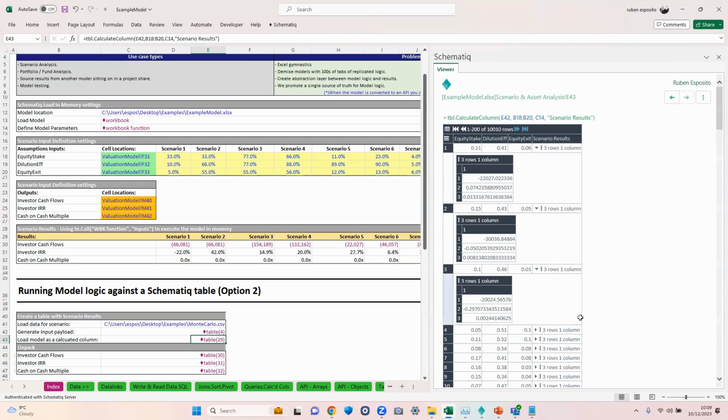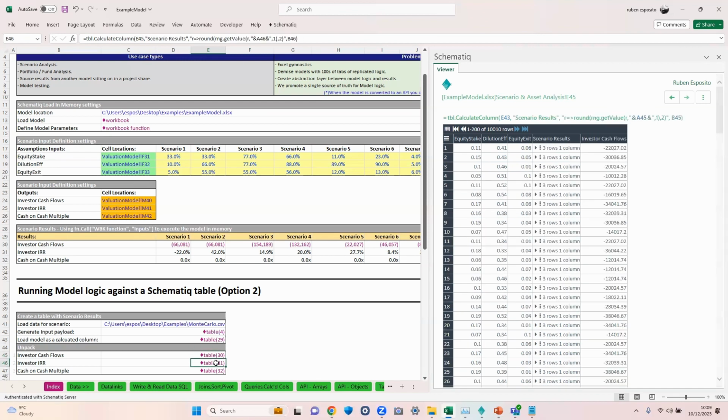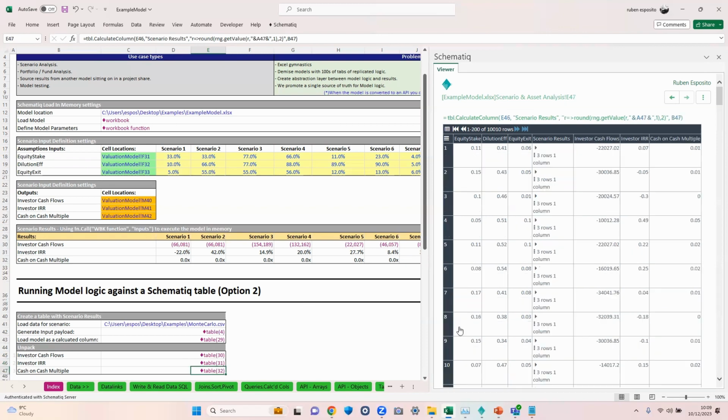The final thing which I'll just say about this table that some of you may be thinking about is, yes, with the results, we've packed the results into this scenario result column. But we do have the capability to unpack those results. So as you're looking here on my screen, I've now exposed the investor cash flow column, the IRR column, and if I select the next one,